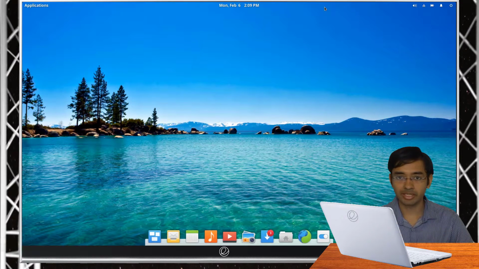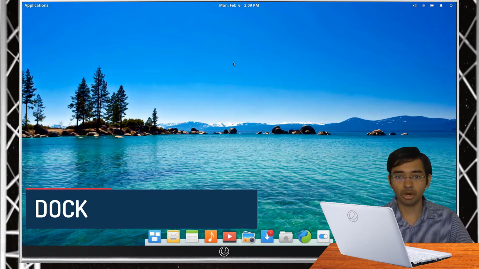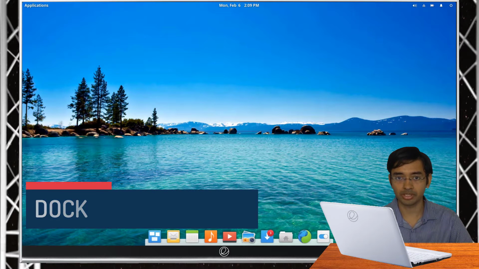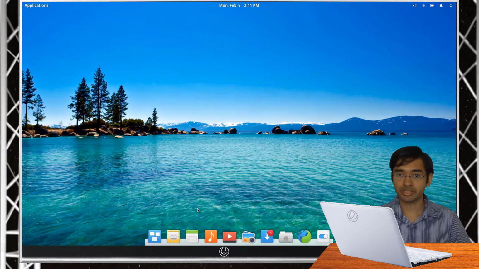The desktop looks very clean and simple with the dock at the bottom and a panel at the top. You might find the overall layout looking very similar to the Mac desktop. The dock, like in the Mac, provides easy and quick access to your favorite applications or running applications. You can alter the programs present in the dock and change its order by simply dragging and dropping.